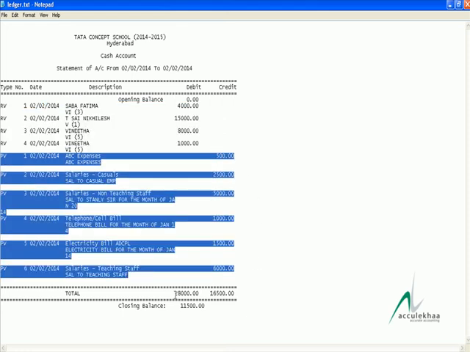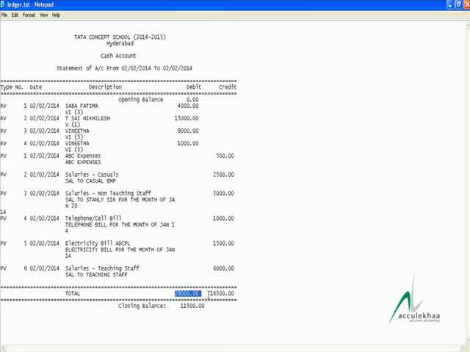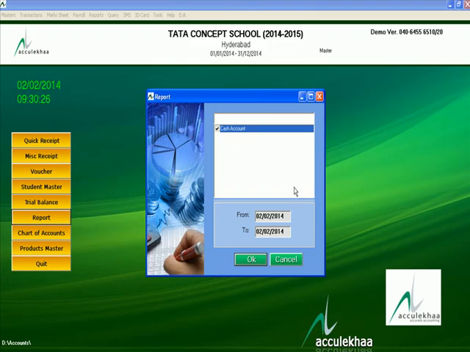Total income is 28,000, your expenses are 16,500, and your available cash balance is 11,500 rupees. In this 11,500, if you are making